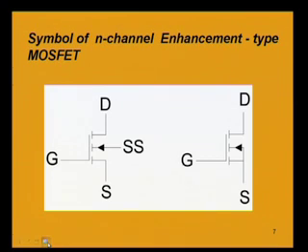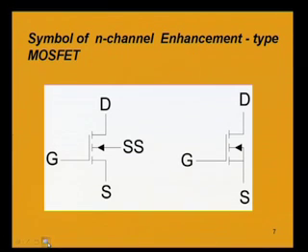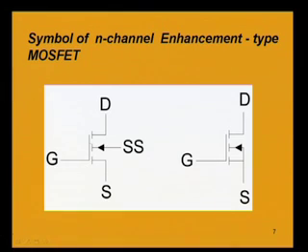Now, if we consider the N channel enhancement type MOSFET and draw the symbol for that N channel enhancement type MOSFET, for a 4 terminal and N channel enhancement type MOSFET, this is the symbol having the 4 terminals. So, here the symbol itself is explicitly reflecting some of the information, like when we have the symbol for this N channel enhancement type MOSFET,